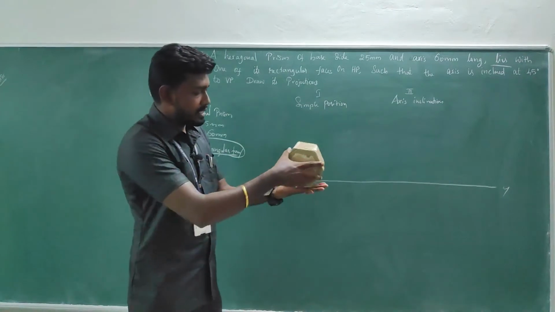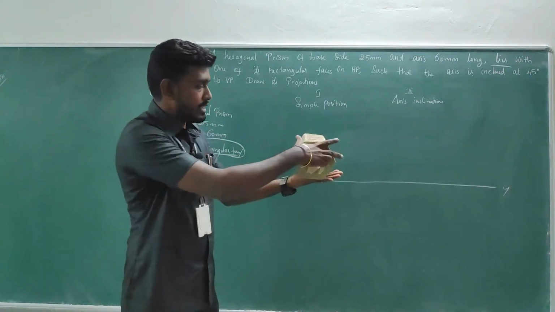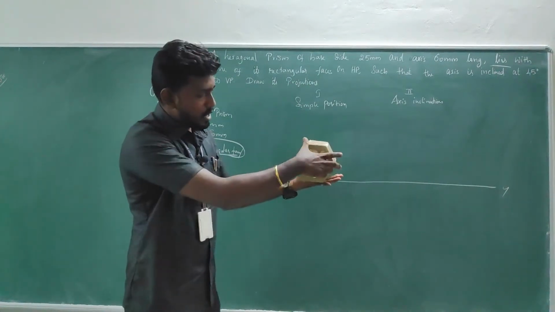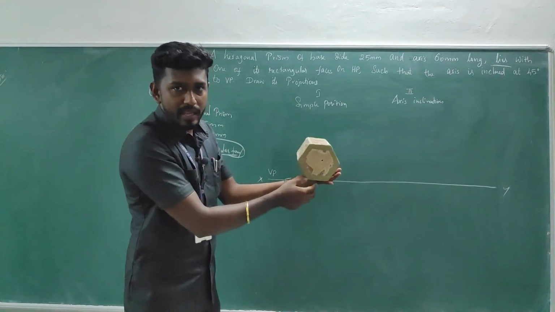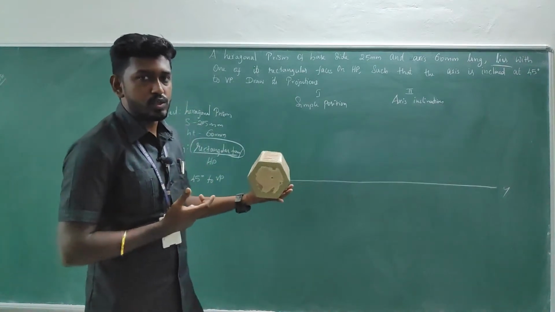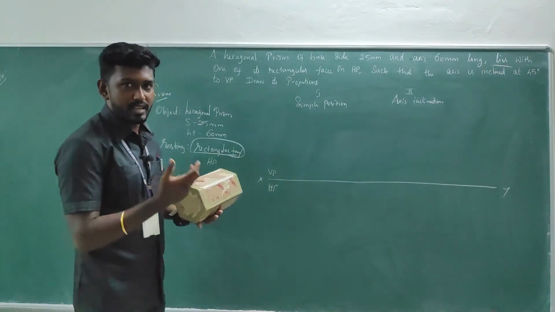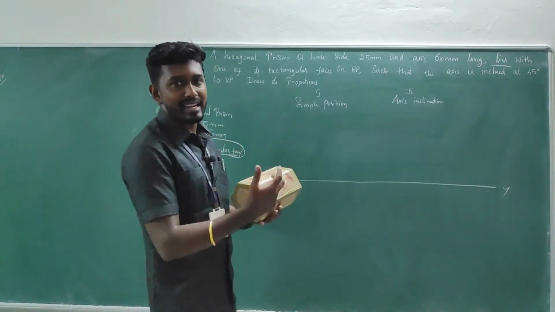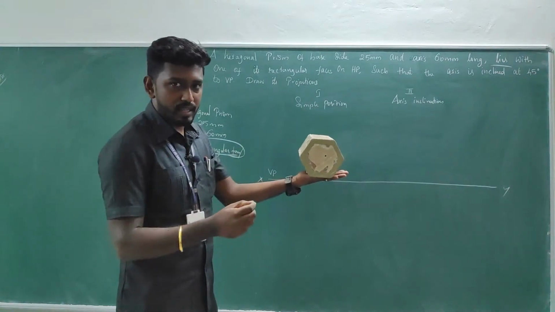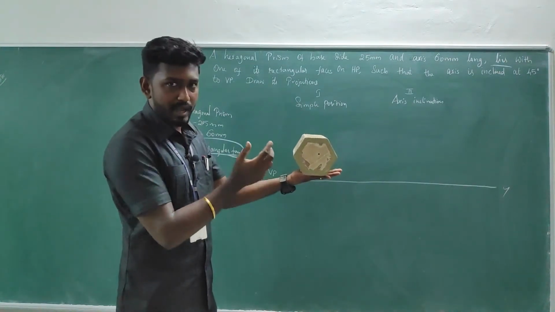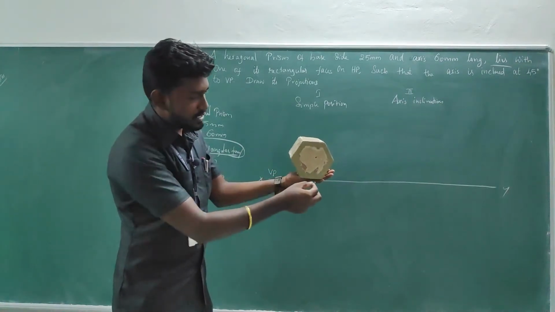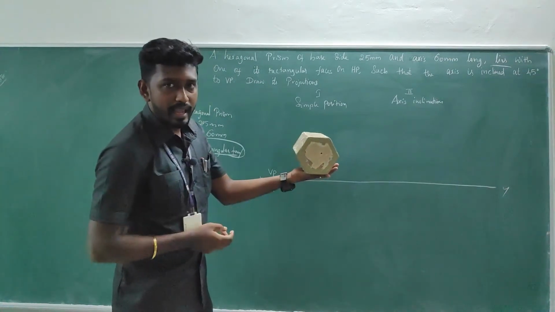The position condition for this, the rectangular face, we must be very clear. It is kept something like this on the HP plane. So when we look from the front, one of the edges will be resting on HP. Usually we say the resting portion must be taken on the right side. But here the rectangular face is resting on HP, so it is very different when compared with the previous problems. One of the edges will give the observation in the front view just on the XY line.